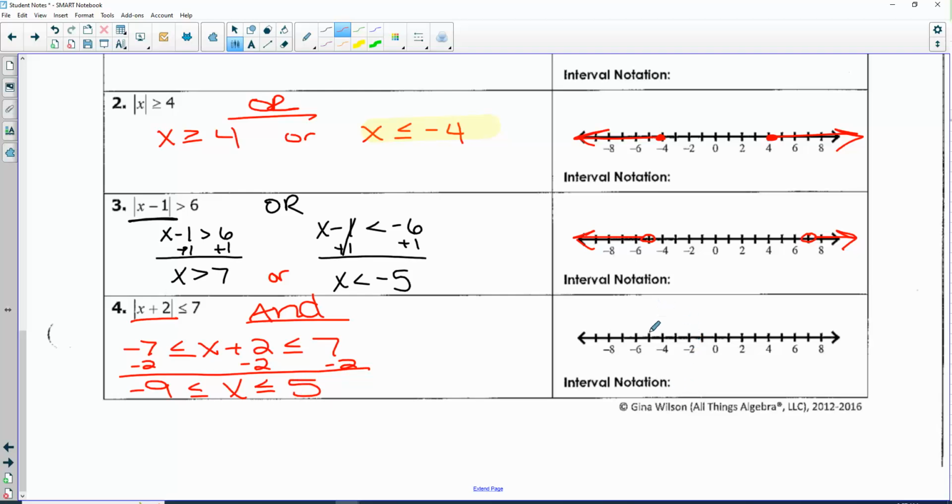Open or close circles this time? Close. Okay, so starting at negative 9, ending at positive 5, we are between them. Alright, so depending on if it's less than or greater than, that changes how we set up the problem. Are there questions so far on how I am setting these up? We're just going to keep practicing until we've got it. Let's go